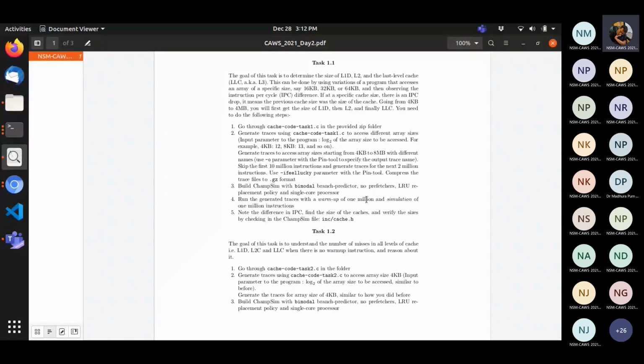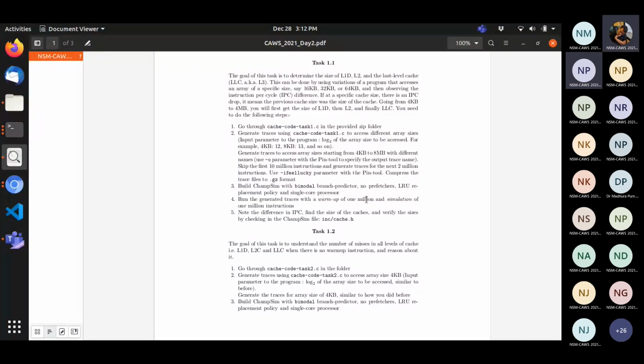So you should actually start asking these questions. Why are you providing one file? Why not two files? You generated the trace for one program, right? For that program, what is the behavior in terms of IPC, cache hit rate, cache miss rate that you want to investigate? So sir, but you were saying from 4 KB to 8 KB.